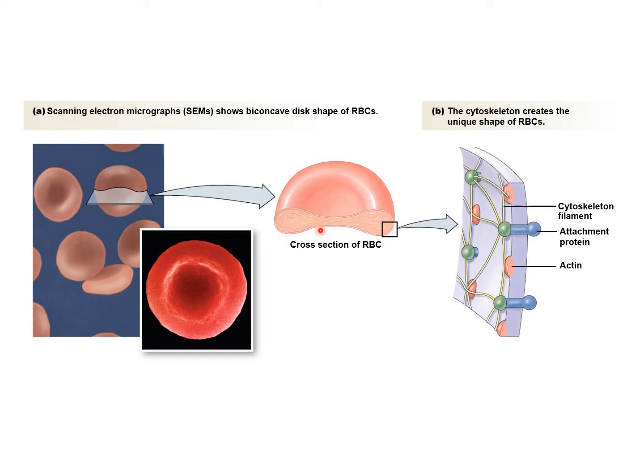They have this unusual cell morphology. They're relatively unusual in their shape, and that's driven by the cytoskeletal configuration. The cytoskeleton actually drives this biconcave shape. And there are two reasons for this. One is to increase the surface area to facilitate gas exchange, but the other is actually to allow it to